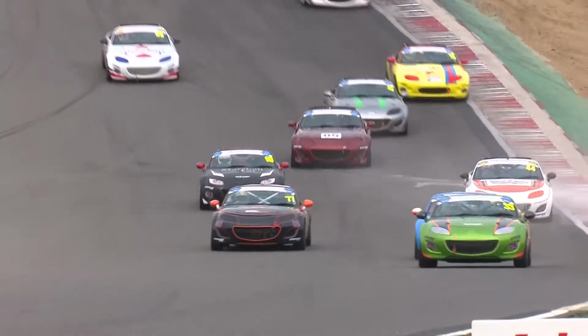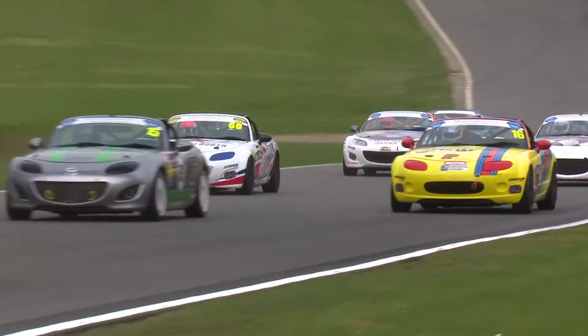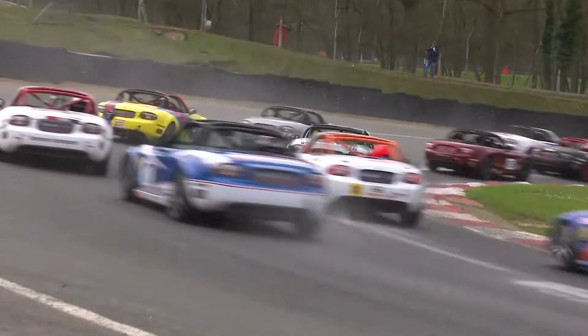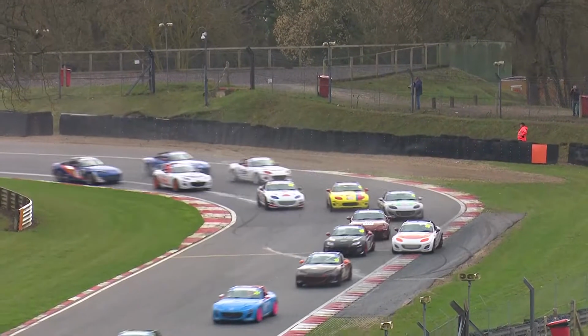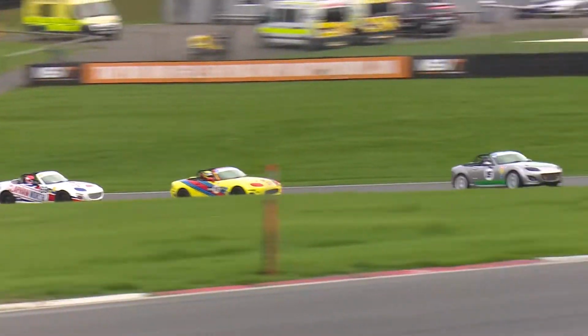So far, so good. But there's cement dust down in the bottom of the dip there, where the stricken car of Sam Bailey came to rest, but they are all safely through this time. There's Matt Pickford in the distinctive liveried yellow take on the Martini car there on the outside line. And we make our way now back towards the end of the first lap of the race, and James Kell